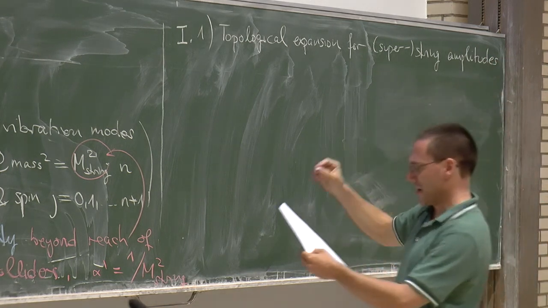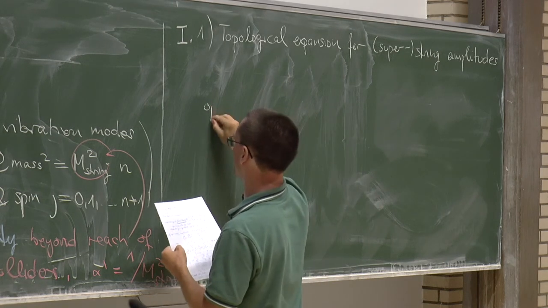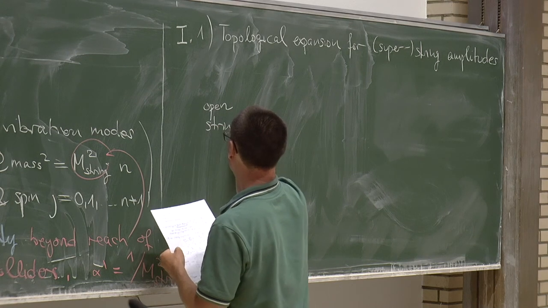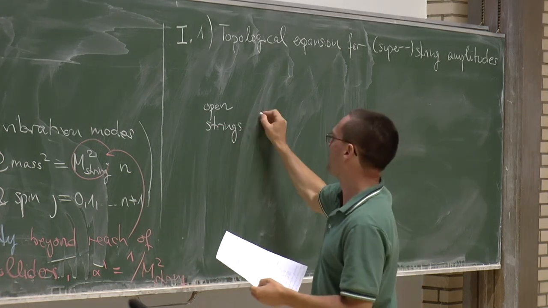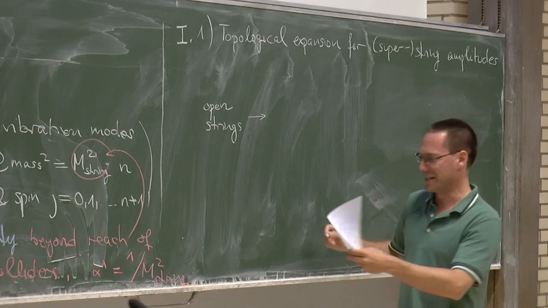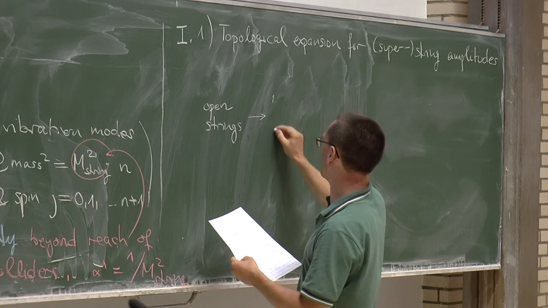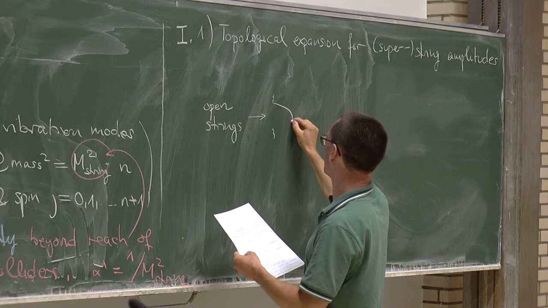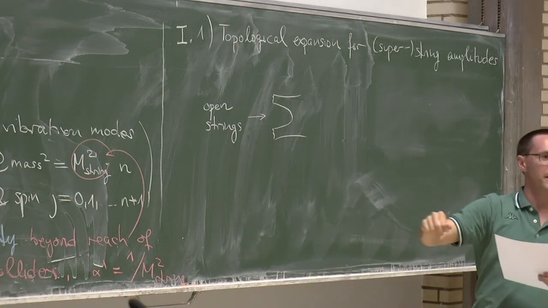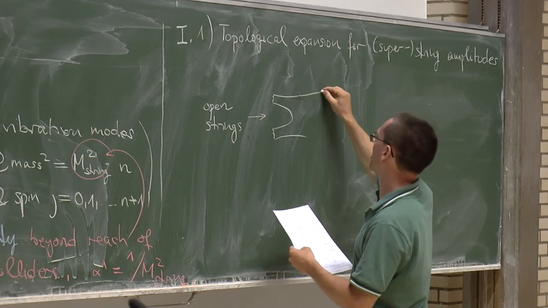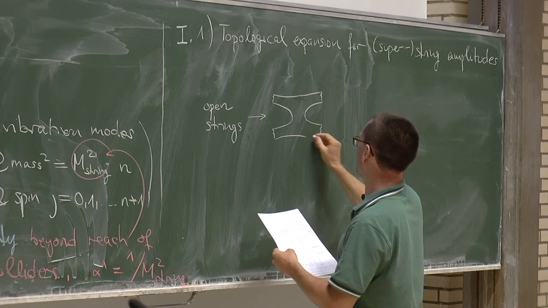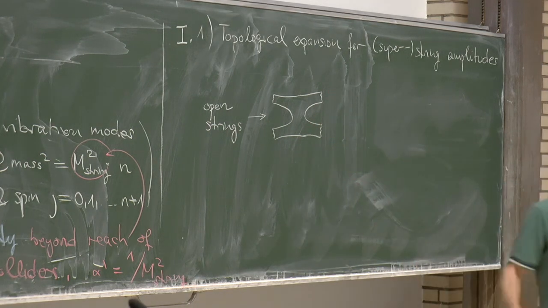Okay, let me pick you up from the same kind of intuition as if we were to scatter point particles. Suppose you want to scatter open strings. Then you would draw almost the same kind of cartoon as you would do for point particles. There is some stuff coming from far, far away, and that will eventually meet. Two open strings colliding, and after the collision, something will go out. It can be one state, two states, maybe even more, but let me just draw the cartoon for a 4-point